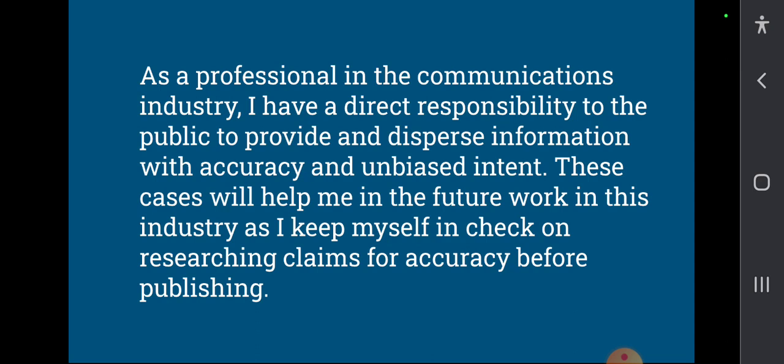How can you relate what you learned from Sullivan and Gertz's cases to your future work in the communications industry? As a professional in the communications industry, I have a direct responsibility to the public to provide and disperse information with accuracy and unbiased intent. These cases will help me in the future work in this industry as I keep myself in check on researching claims for accuracy before